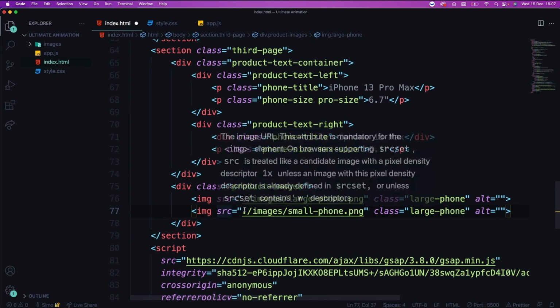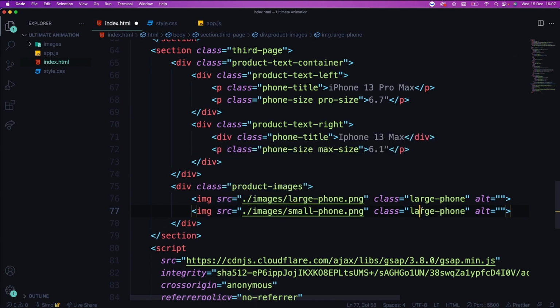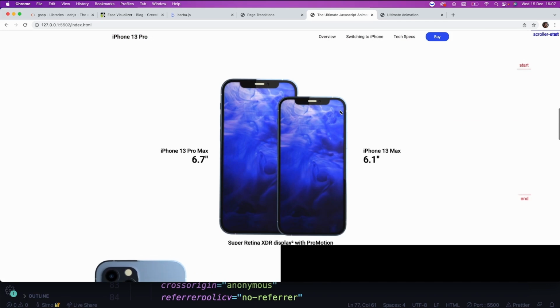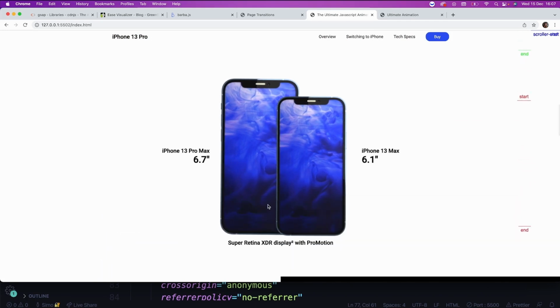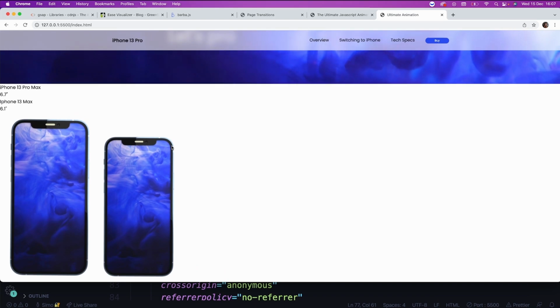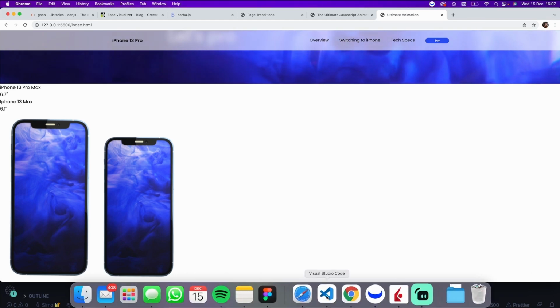And then here we'll add a class of small phone and hit save. Okay, and there's another thing that we need to do, add a small text. So let's see if this loads up. So that's the finished one. We'll also add the Super Retina display promotion down here in the corner. Okay, so let's see, we have the phones, that looks great. We have the text. All right, and then let's just go